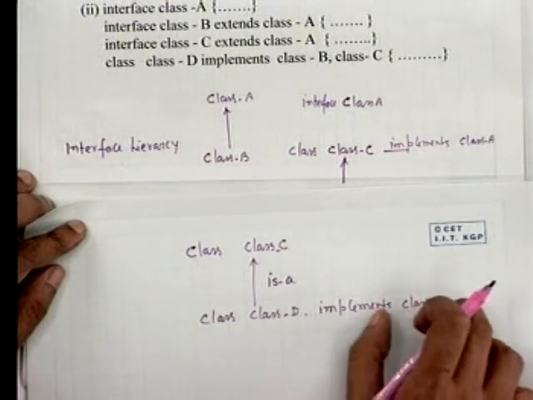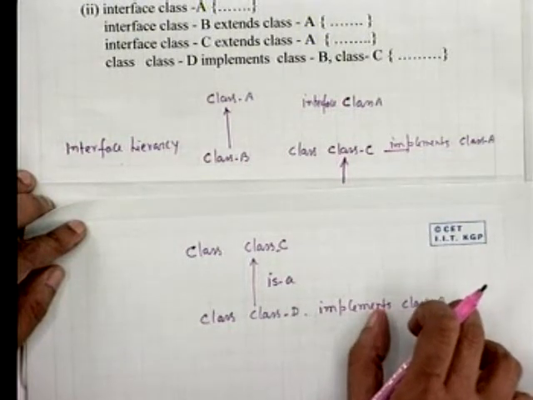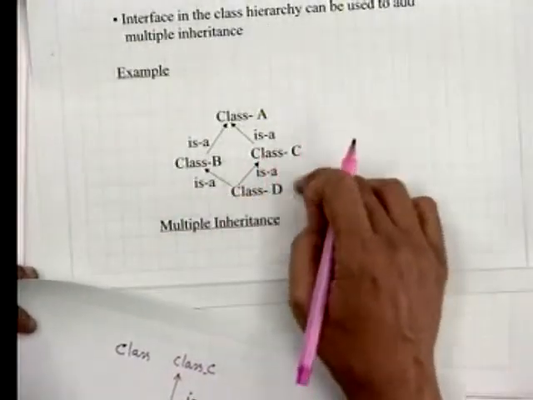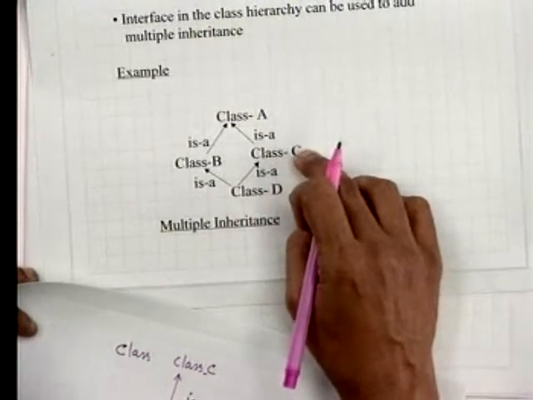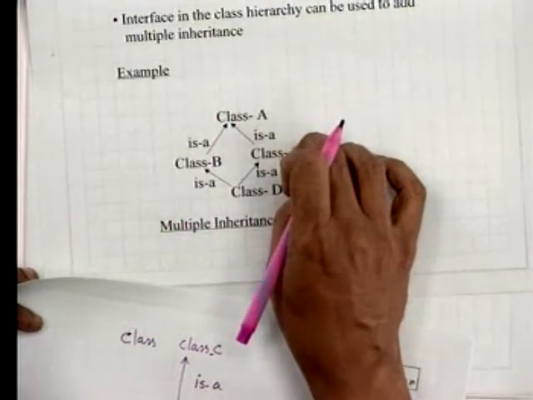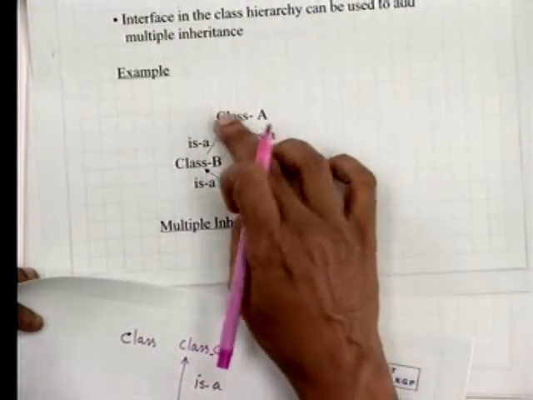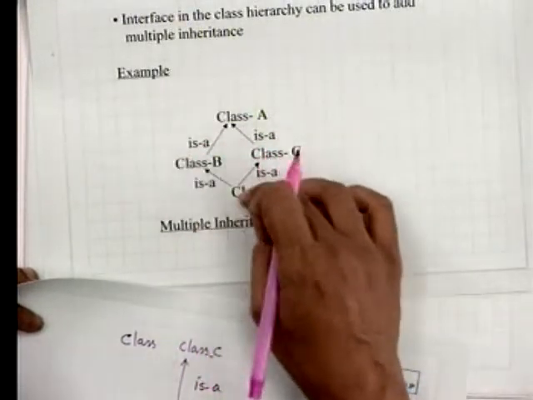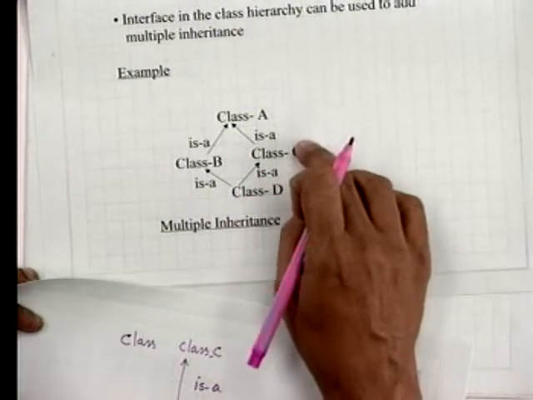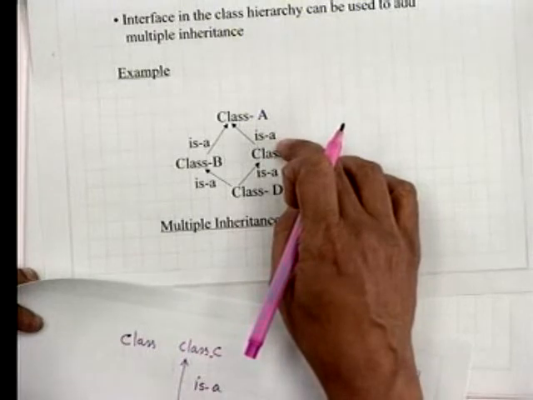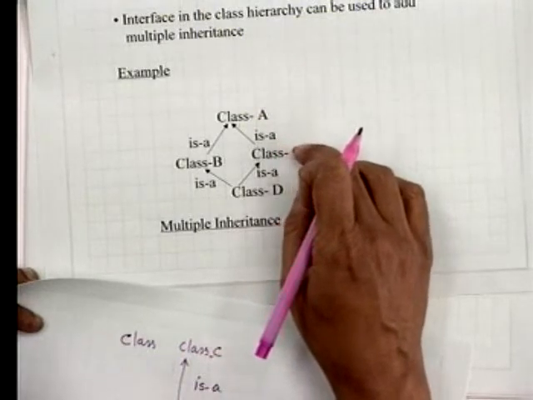It will contain all the methods of class B plus all the methods of class C, which in fact was supposed to have been done here. So, in this case class D contains methods of class C as well as class B. Now, what we did: we first of all implemented the methods of class A in class C. It treated this as an interface, and then implemented all the methods of class B here, and inherited from class C, which implemented class A methods.